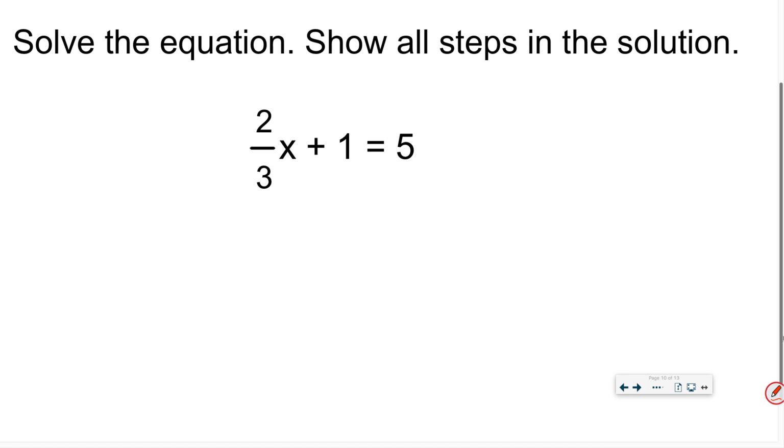From there, we know that once those operations are happening, I have to undo them to get x by itself. So the first thing, and we saw a lot of you do this, a lot of you took away 1 to begin. When we do these equations, we tend to like to get rid of those constants first. You don't have to, but that's what we like to do. So now I have,